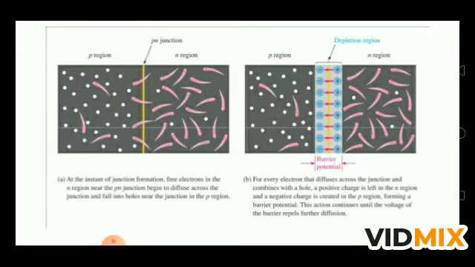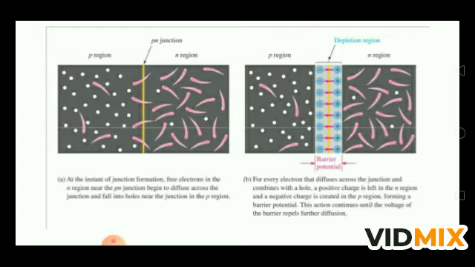In the first figure, you see that from the N region and from the P region, holes and electrons are recombining. At the instant of junction formation, free electrons in the N region near the P junction begin to diffuse across the junction and fall into holes near the junction in the P region. Means P रीजन के नज़दीक में जो होल्स हैं, N रीजन के नज़दीक में जो इलेक्ट्रॉन्स हैं, ये इलेक्ट्रॉन होल के साथ मिलकर उसको रिकम्बाइन कर देते हैं, means they recombine there. And if you see in the next figure, near the junction there is a depletion of holes and electrons,